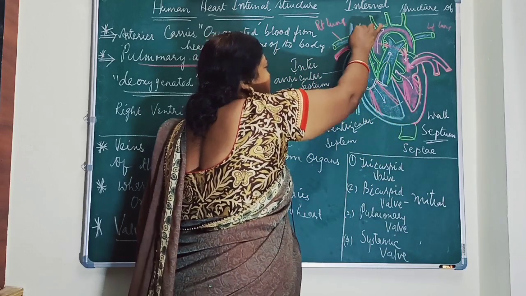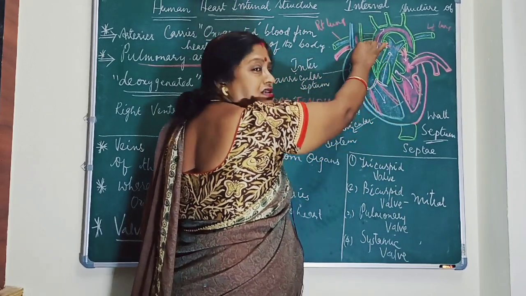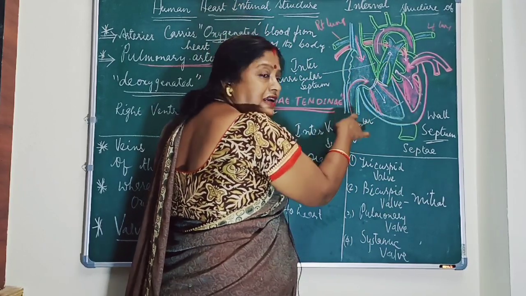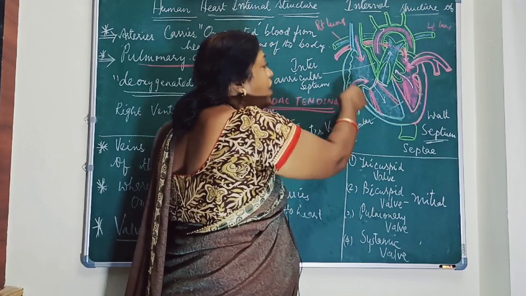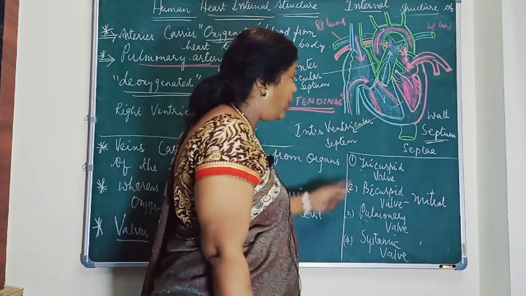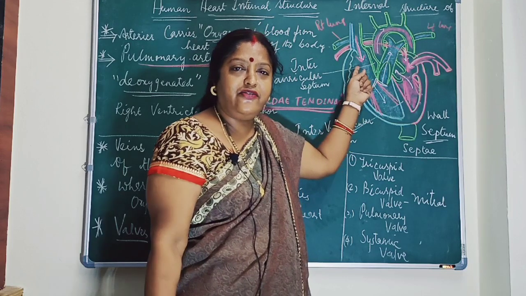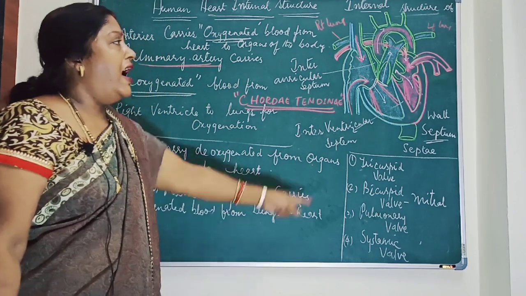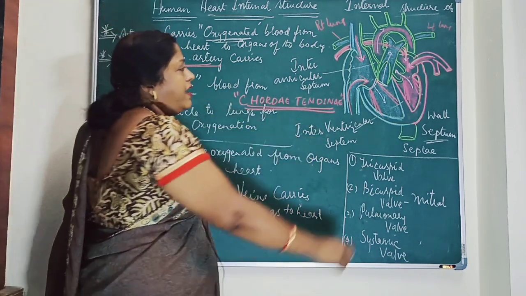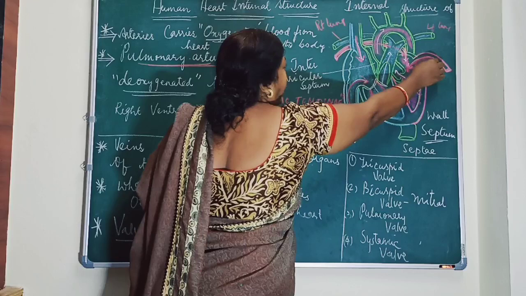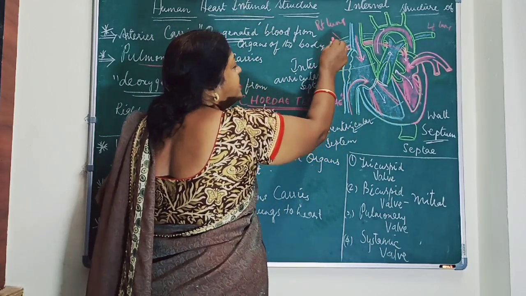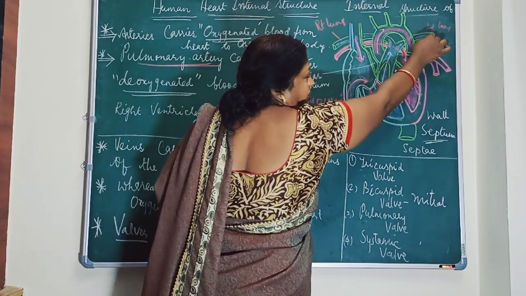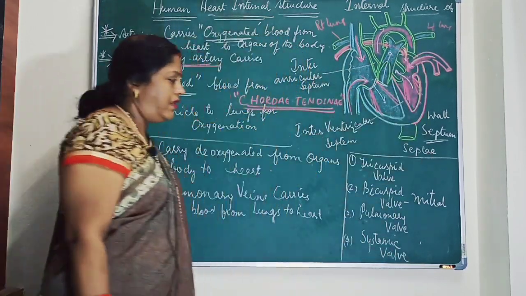Okay, and here the superior vena cava collecting deoxygenated blood from the upper part of the body, and the inferior vena cava collecting deoxygenated blood from the lower part of the body open in the right auricle, because the right auricle is a center for deoxygenated blood. Okay, now take down these points and observe the diagram clearly. Okay, this is left pulmonary vein and this is a right pulmonary vein. This is a right pulmonary artery. This is left pulmonary artery. Okay, okay children.